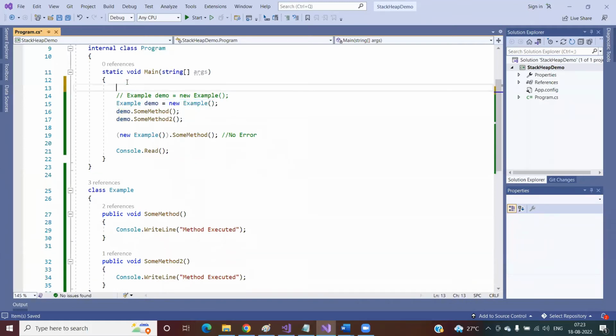Suppose I am creating one variable like this. In this case, this is not a reference variable. This is a normal variable because this X is not holding any reference address. X is holding the value directly. In this case, we are calling this a reference variable. Why? Because this is not holding the